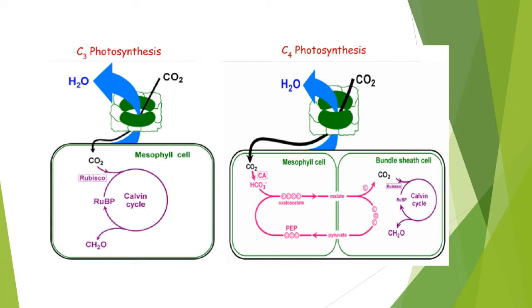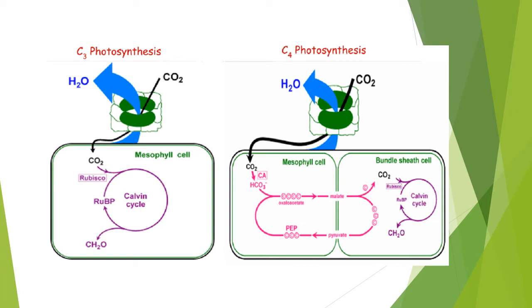Whereas when we are talking about C4, there we can see CO2 is coming in the mesophyll cell. In presence of carbonic anhydrase, oxaloacetate is formed. How? This one carbon is going to be bound with PEP, phosphoenol pyruvate, which is coming from the pyruvate, in presence of PEP carboxylase. Once OAA, oxaloacetate, is formed, it can be converted to malate, or it can be converted to aspartate,